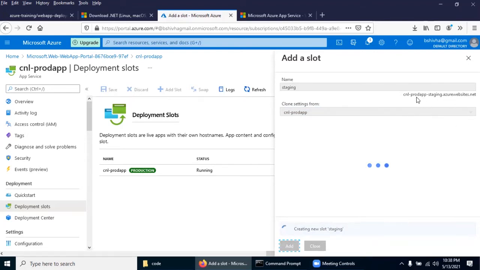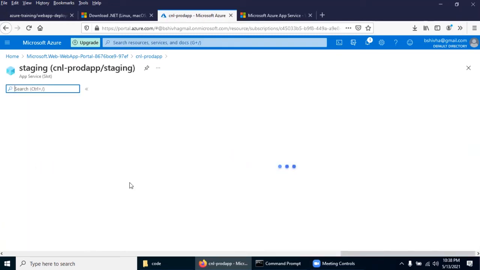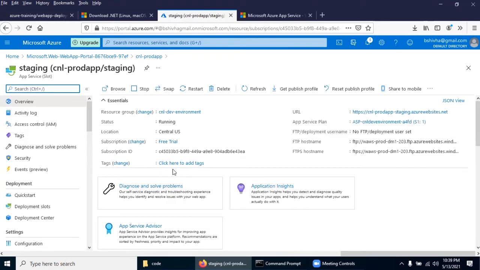See here, the URL is getting changed: production app-staging, right? So this is completely independent. You can test whatever you want, and you can append. That is nowhere related to your production. This is really a very cool thing. So it's serverless. I'm just closing it. Go inside production staging in the similar way, and you will get the FTP where you can append your code and use this URL to test everything.